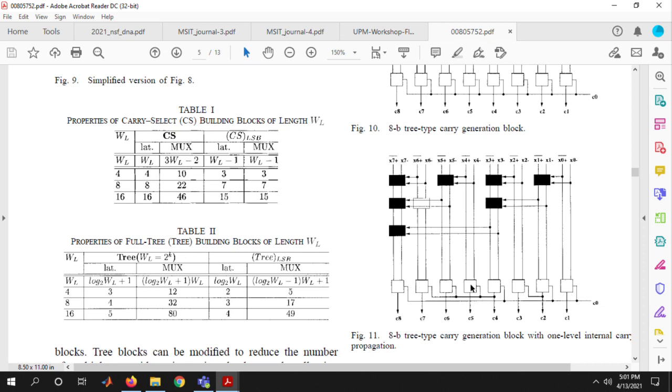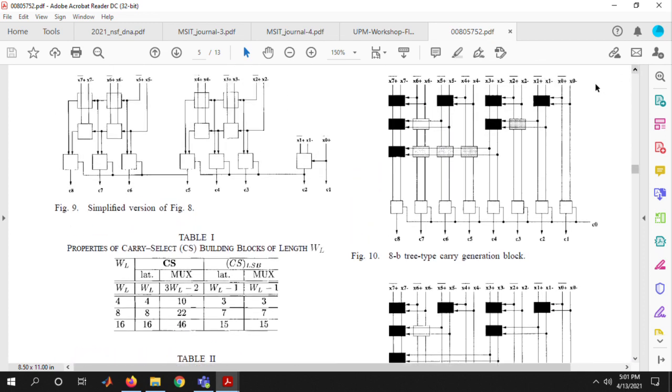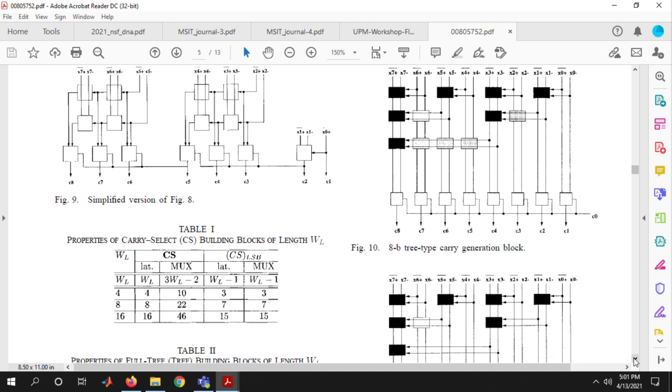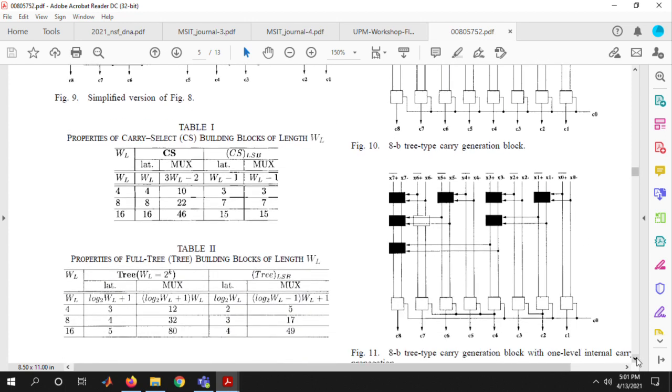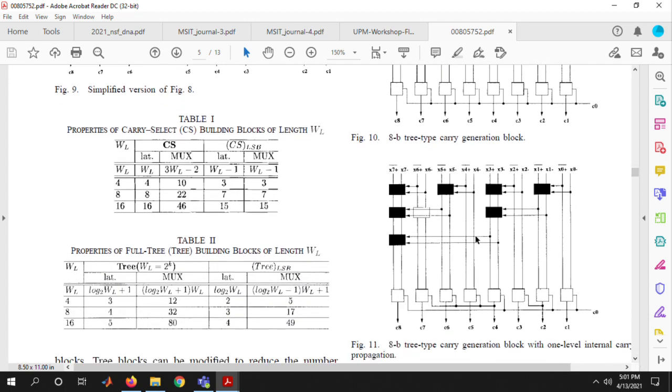And why am I doing that? Well, by doing that, I am able to eliminate some of the extra circuits. So if you look, there were 4 boxes here. Let's see how many boxes are here. So 4 boxes. Out of those 4, I've eliminated all these 3. I don't need them. Why don't I need them? Well, I don't need these 3 because I'm not computing these carries from C0. I am internally propagating C4 to compute those carries. So I eliminated these 3.